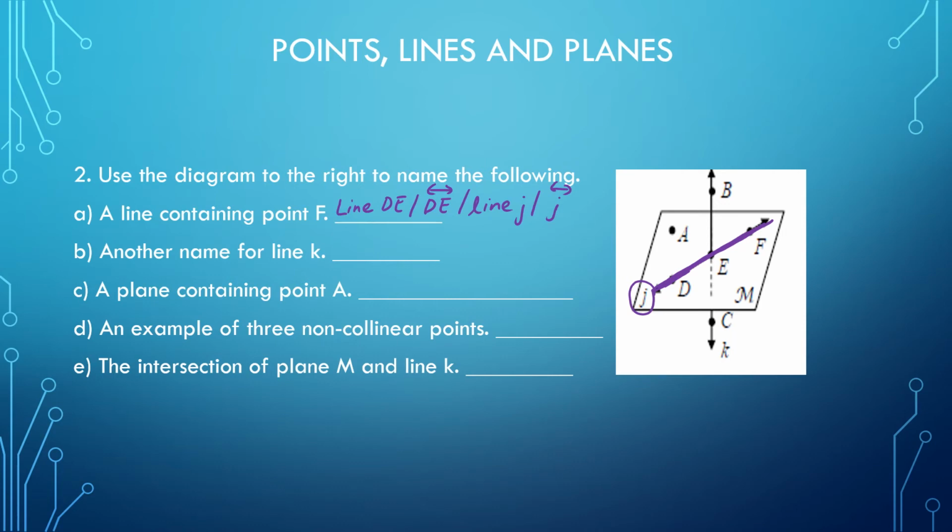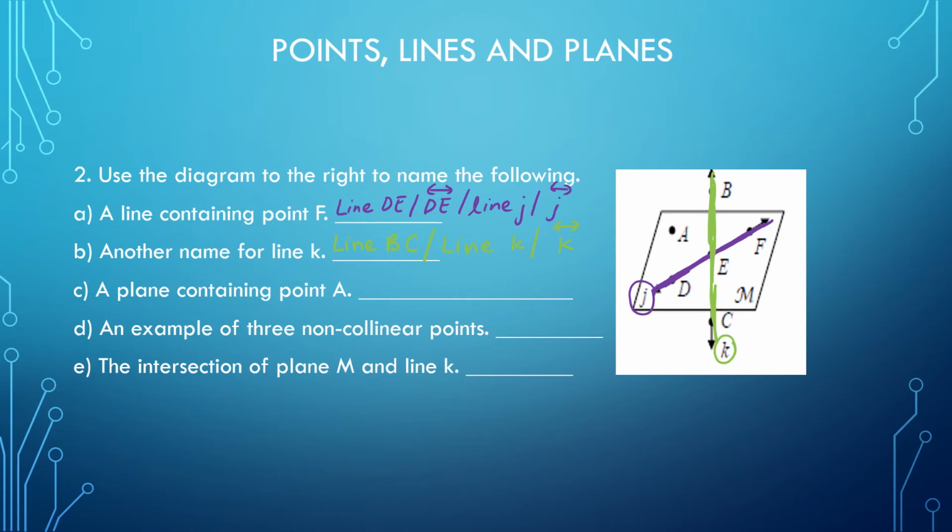Part B, another name for line K. Line K is this line right here. There are 3 points on this line, B, E, and C, and the lowercase letter K. We can use multiple combinations to write the name of this line as well. So line BC or line K or K with a line symbol. If you have used other letters and you have named the line differently, that's fine as long as the letters